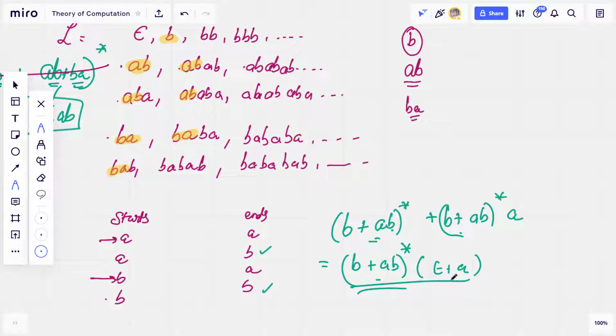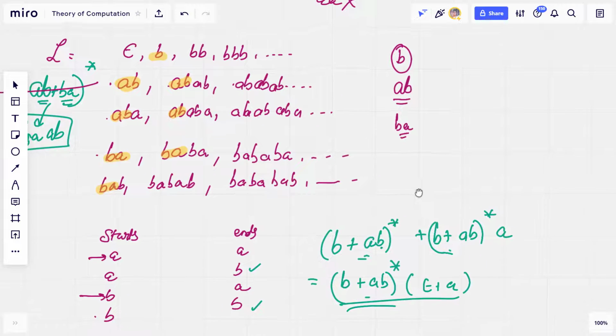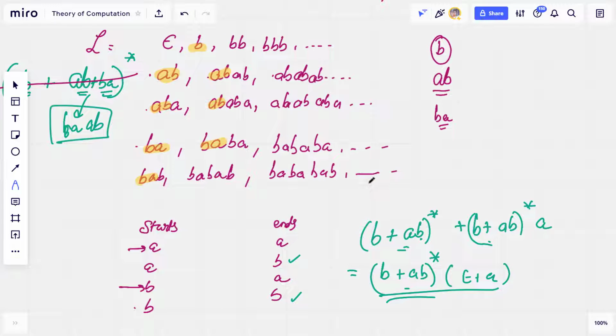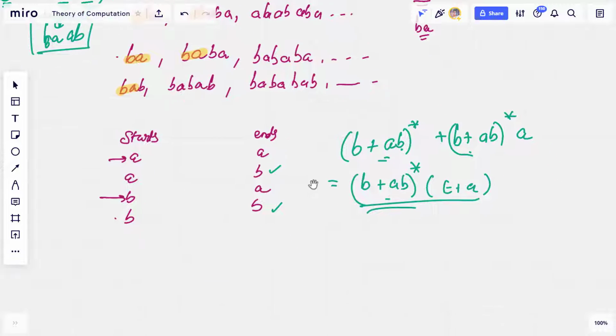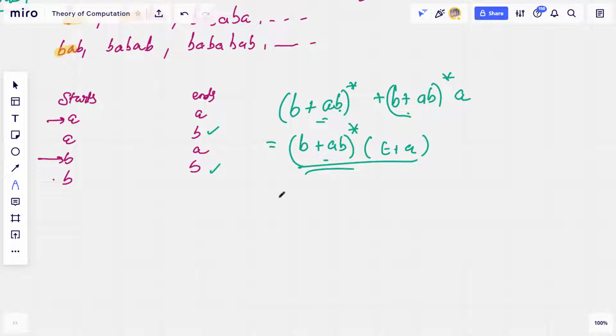So is this the only way? Not really. Let me write another one below. Another regular expression is, I have to repeat B, there's no doubt about it. But I can also repeat BA. But the problem with this is,